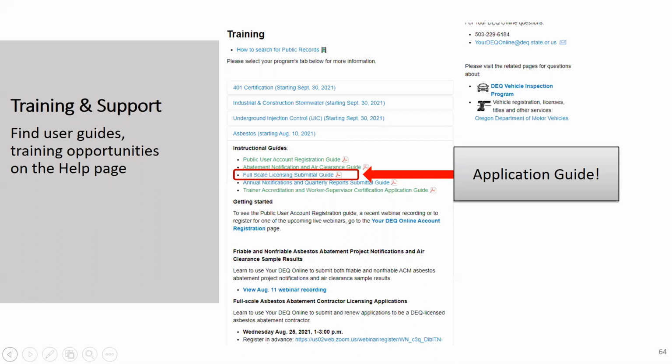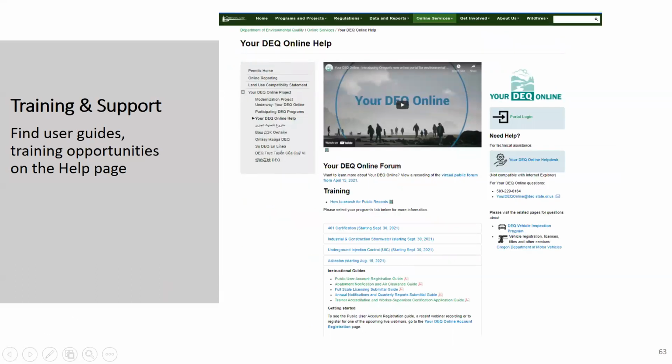One thing I want to mention too, Kara, if you can go back to that page. When you come to this page, you'll see all these programs listed. When you click on the name of the program, a drop down menu opens up with that content. We call it an accordion, I think, in web design. If you click on any of these, you'll see the information for that program. When you come to the page, it'll just say asbestos and the go live date, but when you click on that bar, that's when this opens up. So that's how the page works.